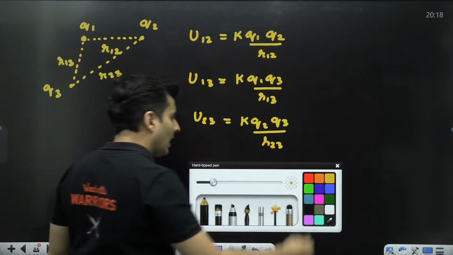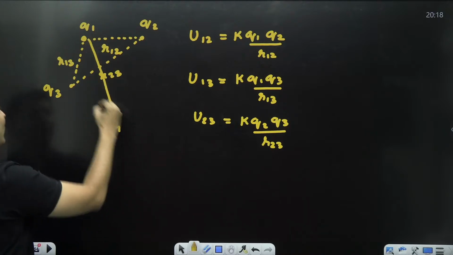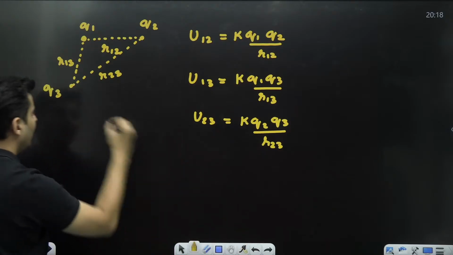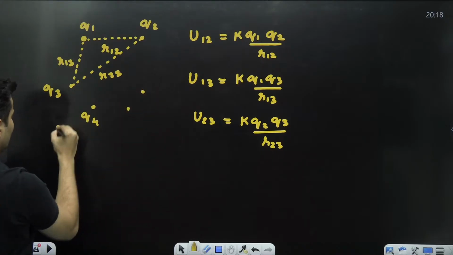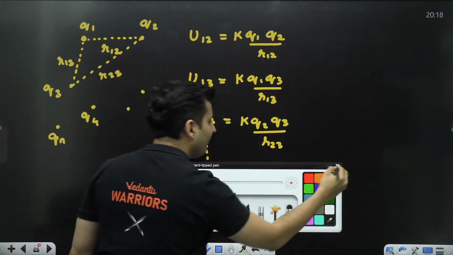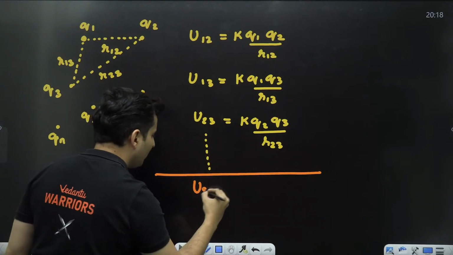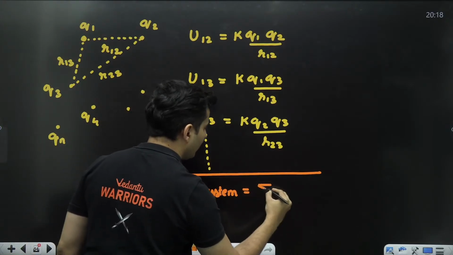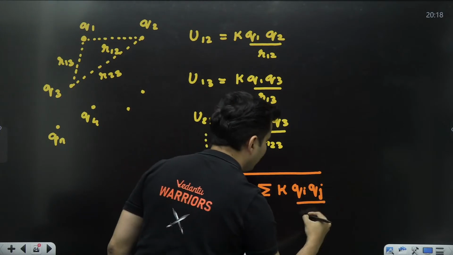Just imagine I bring in more such charges. Let's say Q4. Now Q4 will have an energy with Q1, Q3 and Q2. So more terms will come. Do you guys understand that? If there are more charges, Q4, Q5, Q6, Q7, Q8, like that till Qn, you will get more such terms. When you add all of them, what you get is the potential energy of the system of charges, which is the summation of K Qi Qj divided by